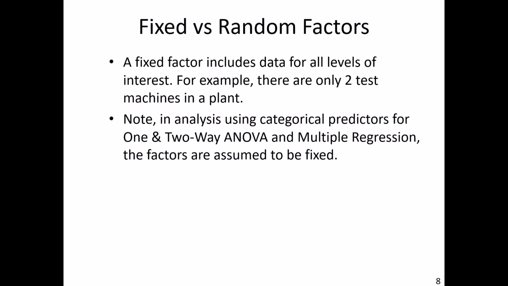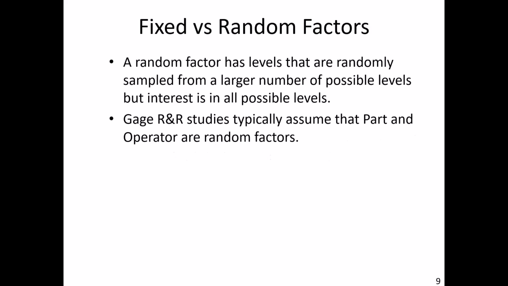That is a fixed factor. Whenever you do a 1- or 2-way ANOVA or multiple regression with categorical predictors, the factors are assumed to be fixed. Most people are familiar with fixed factors. Random factors have levels that are randomly sampled from a larger number of possible levels, but interest is in all